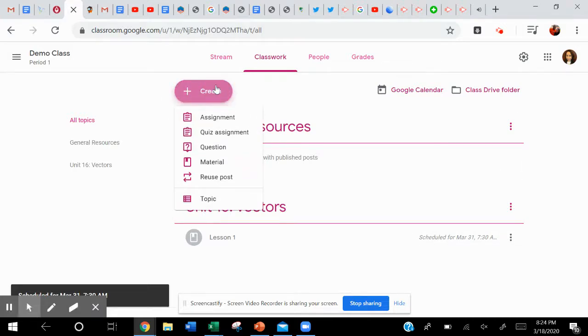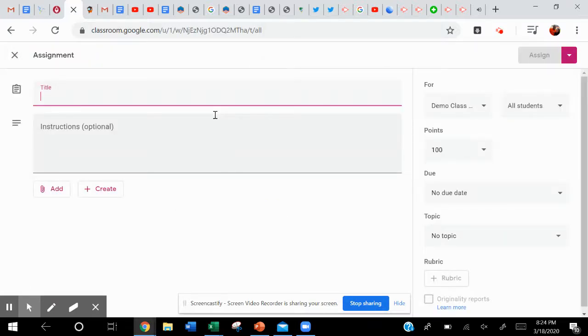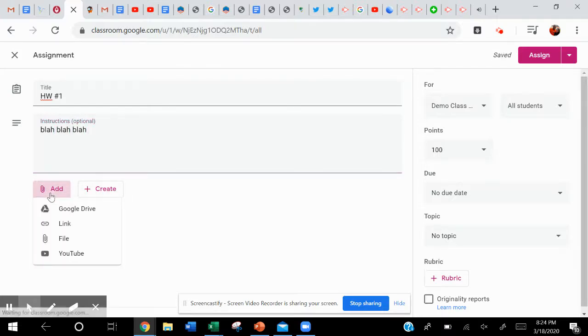Another thing that you can do here is that you can actually create an assignment. So I'm going to call this homework number 1. You can add your instructions here. If there is something that you want students to work off of, you can click add. You can attach a link. If you want them to reference a website, you can attach a file, a YouTube video that you want them to watch. And then over here on the right-hand side, the number of points that you want it to be,